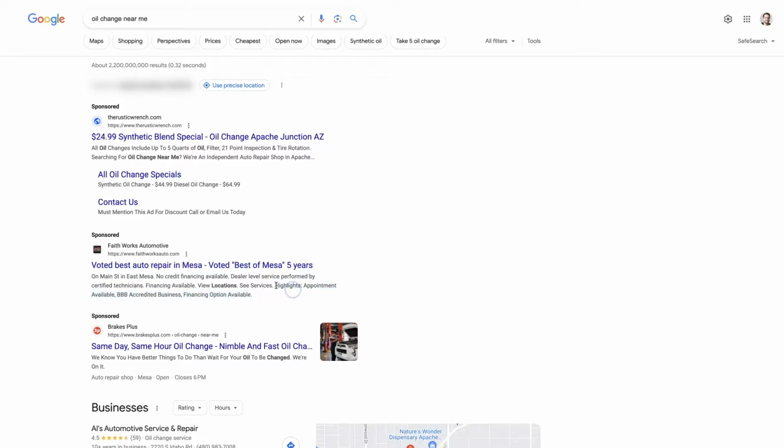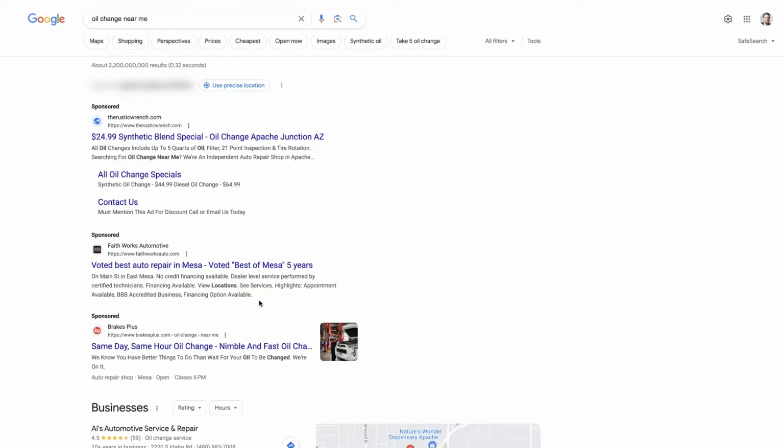So the highlights, these are actually the structured snippets. So it's talking about different highlights of their service. But these here are callout extensions, and in combination with the structured snippet extensions, they help to expand the size of this ad. So just adding callout extensions alone isn't necessarily going to light the whole world on fire,